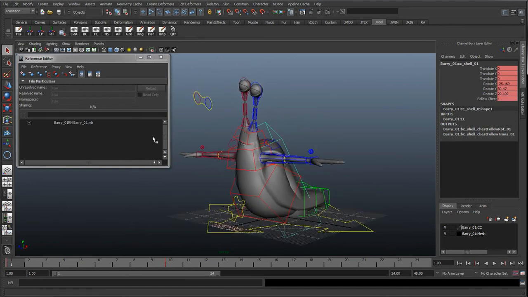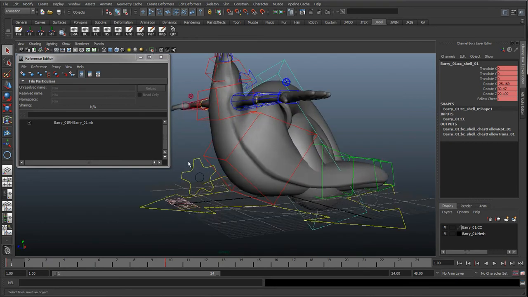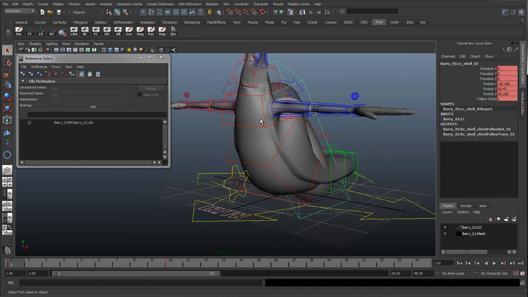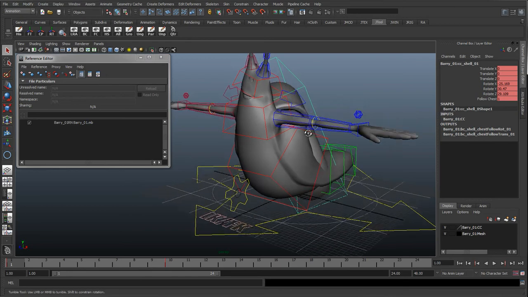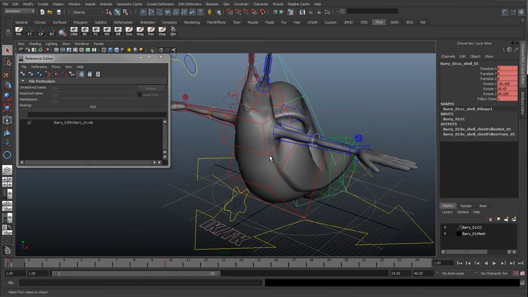So you can see that the power of referencing means we now have the ability to keep editing the rig, and like we said, this was done in a folder, shot one. So for example, if this snail is going to be used in quite a lot of shots by different animators, you could have 100 shots, and if all of a sudden you realised you missed the cog control, or the animators had problems, they wanted to add something to the rig, or they found problems with skinning in the elbows or something, they could tell the rigger, we've got these problems.